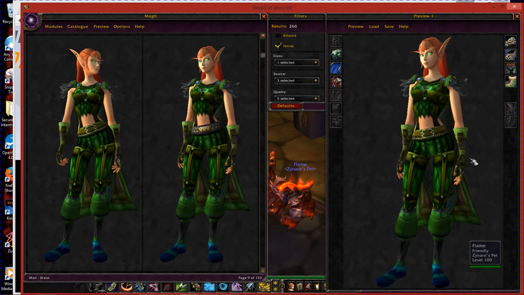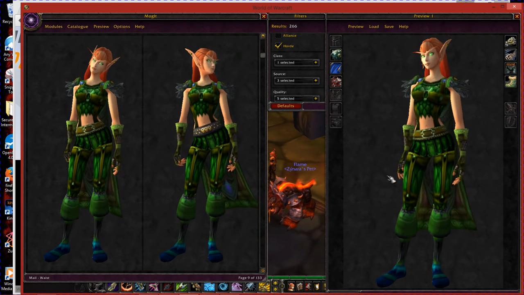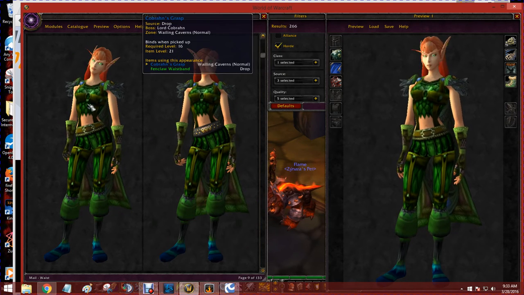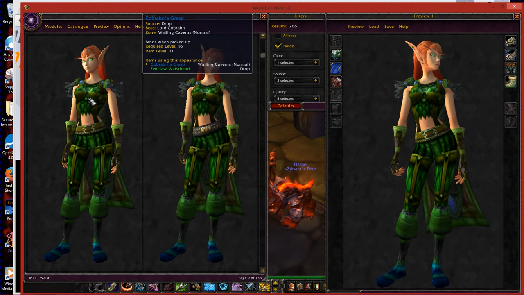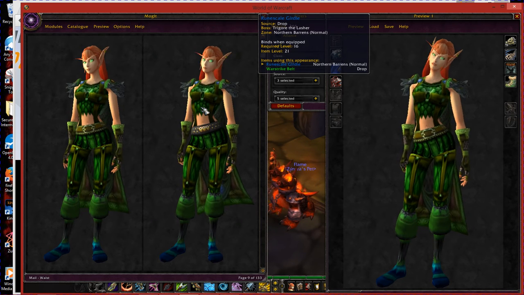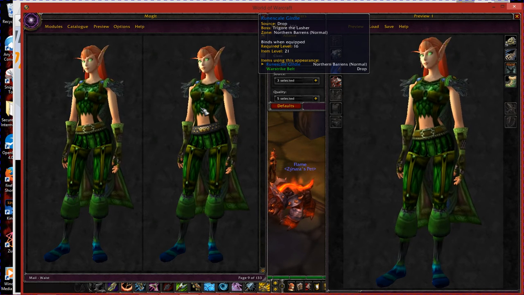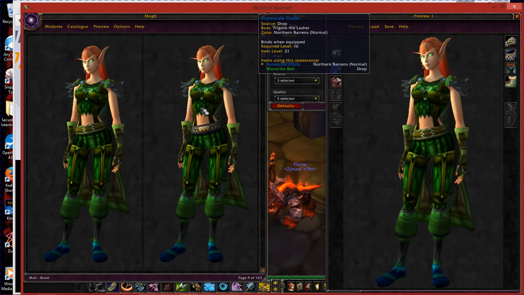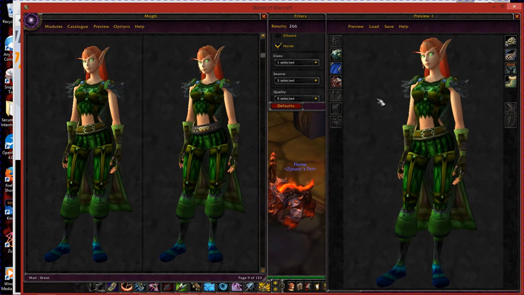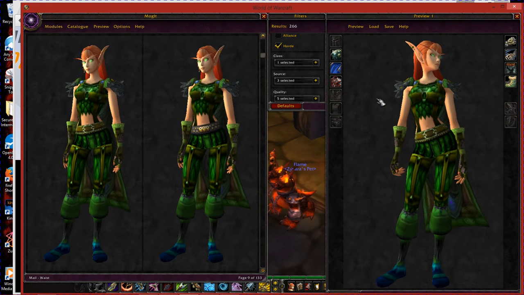Again, this is just to give you a basic idea of how this works using the different programs. Again, the quest complete is what tells me whether or not I've done the quests. Lore Master also helps, as does a couple of the other questing add-ons. I like to get a full idea of whether or not I've done something, if it's worth my going through and looking for the item.